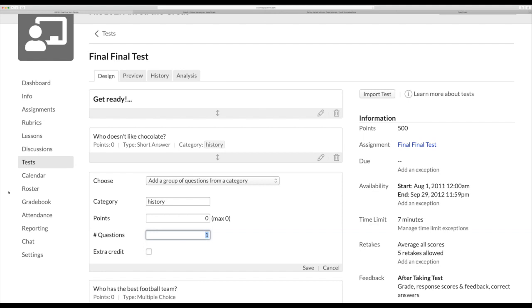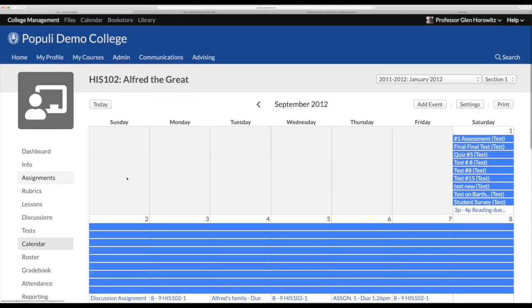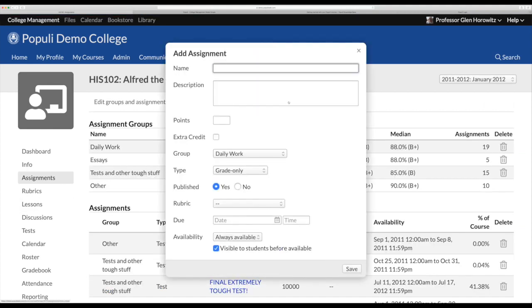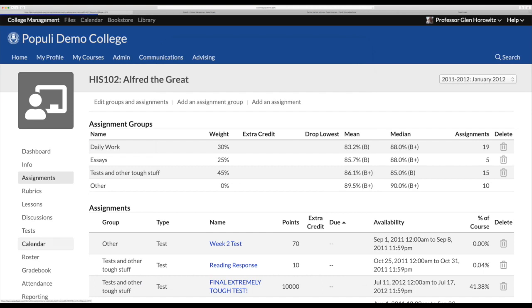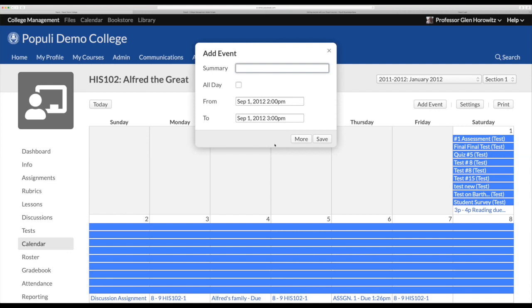Let's keep going here. Now, that's the test section. The rest of this is pretty straightforward. Calendar, I can go into my calendar and find assignments that I've placed here. So quiz number 5. So for example, if I went back to my assignments, I added an assignment, I gave it a due date and a due time, then of course those things are going to show up on the calendar. One other little tip here with the calendars is when you add a new event,